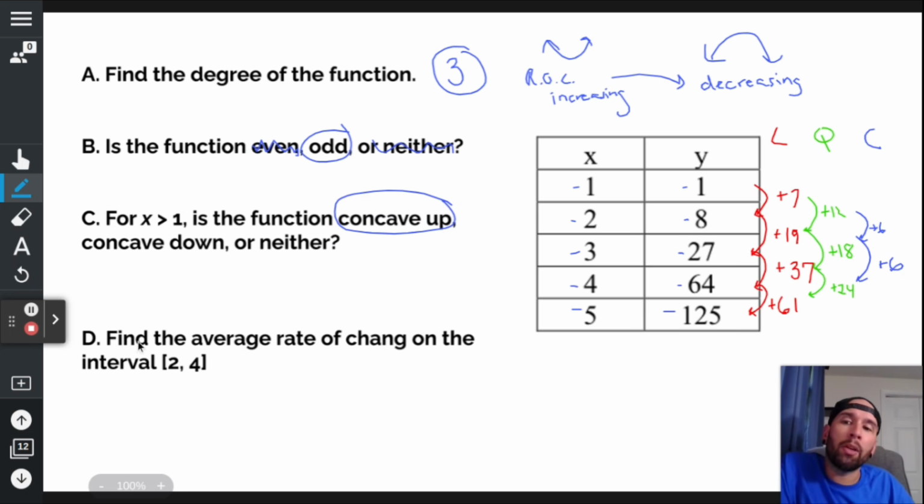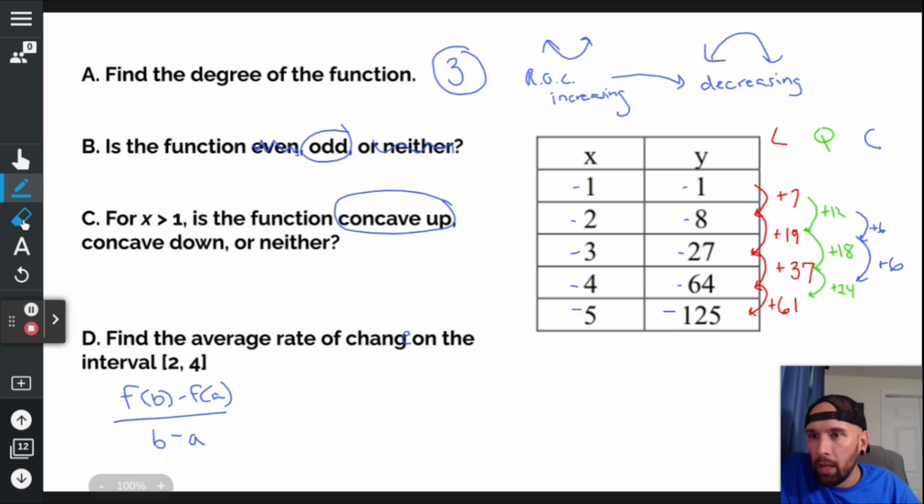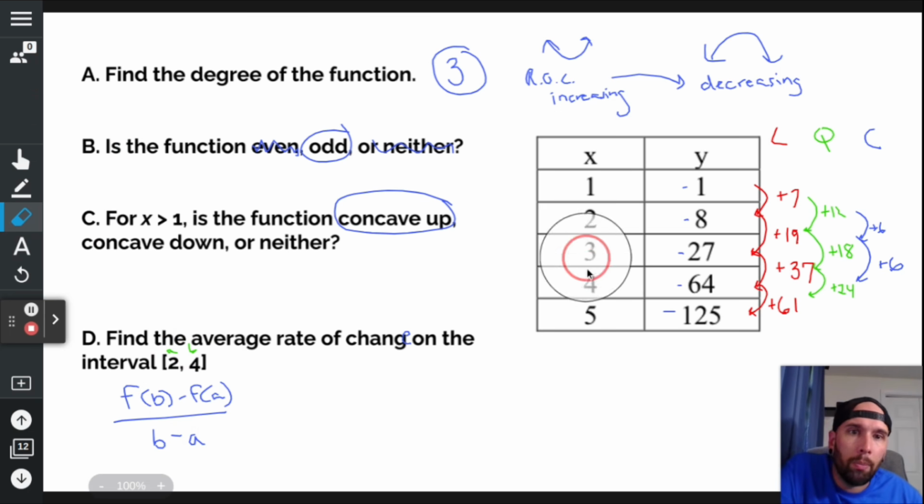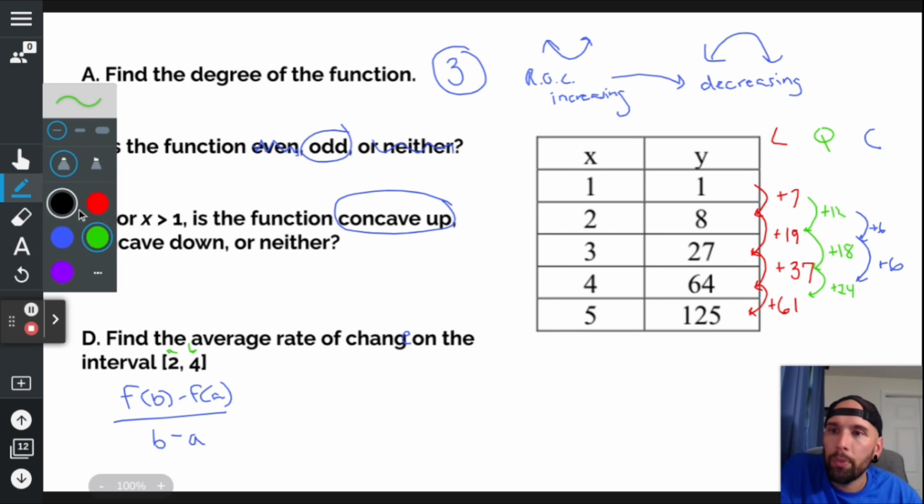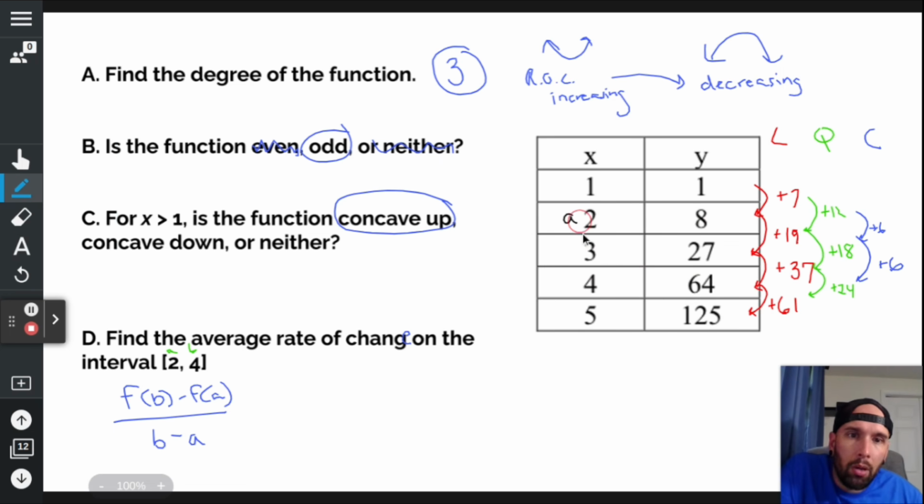Again, something from back in the day: find the average rate of change on the interval 2, 4. The formula for average rate of change is f of b minus f of a over b minus a. Well, what's b? What's a? Well, a and b come from your interval, 2 and 4. So let's clean this mess up. A is 2, b is 4. So f of a is 8, f of b is 64,